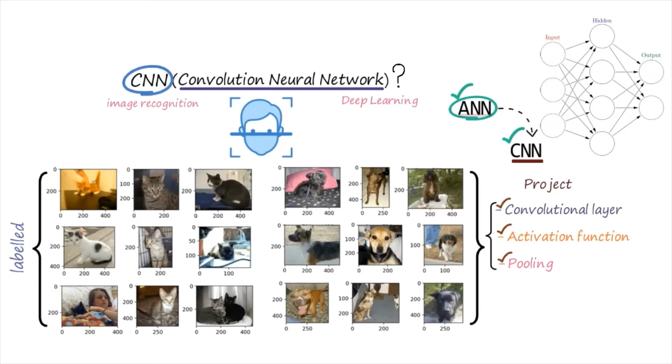Now we have to understand the basic three mechanisms of CNN. These are unique mechanisms used by CNN, and these three mechanisms are not there in an artificial neural network. So in a nutshell, you can say that these three mechanisms plus the ANN mechanism altogether create the CNN mechanism. So this is the first point that I'm going to discuss. I will start with the convolutional layer.